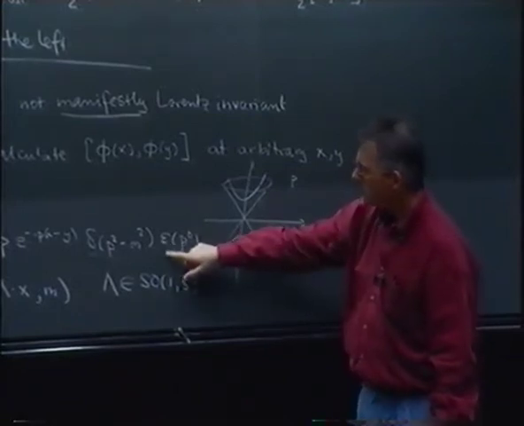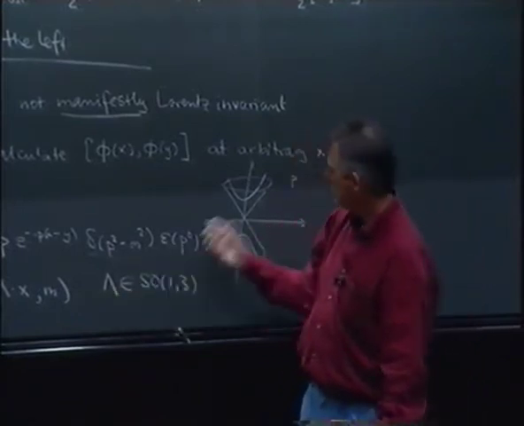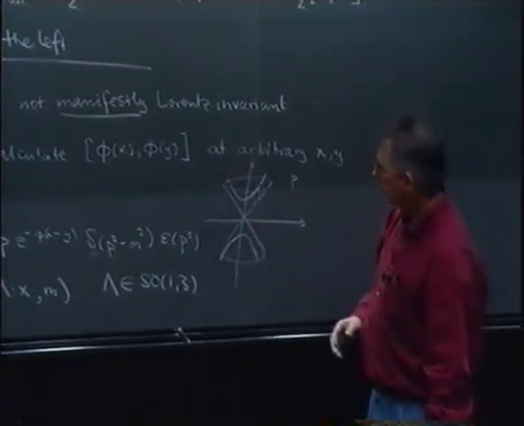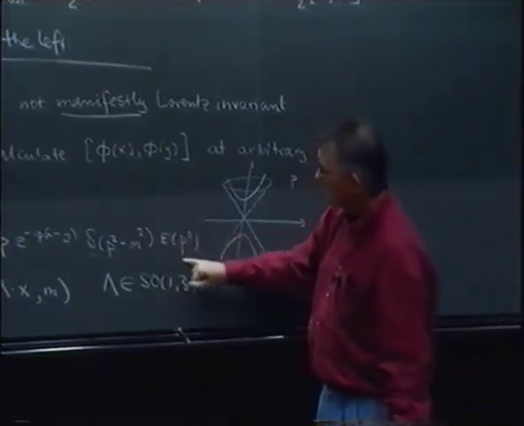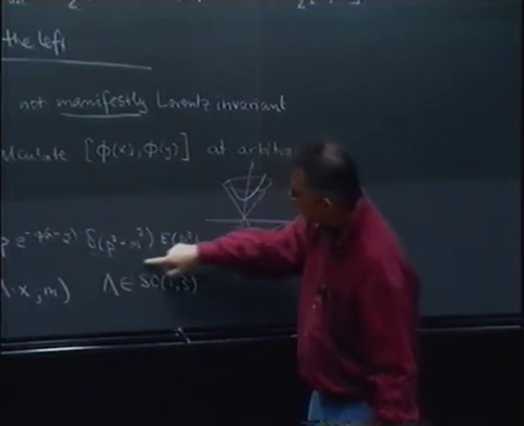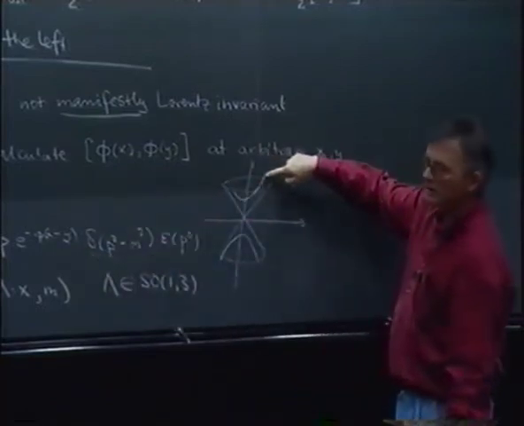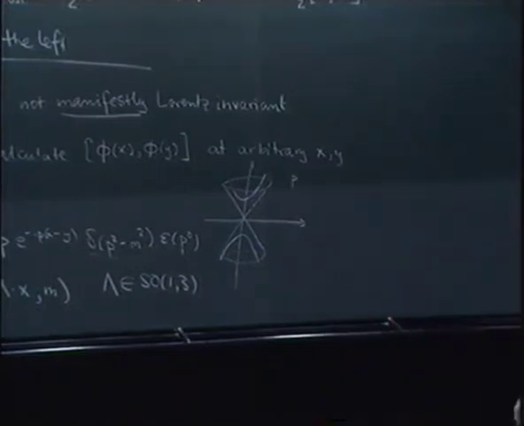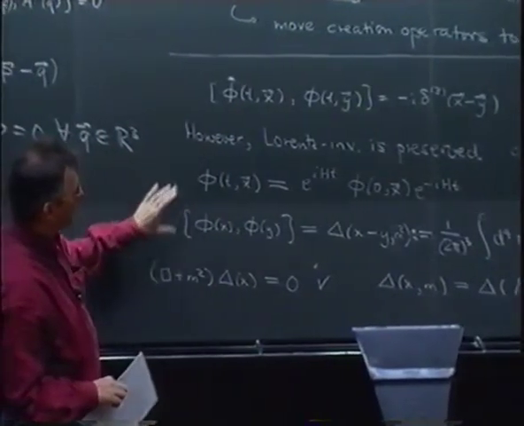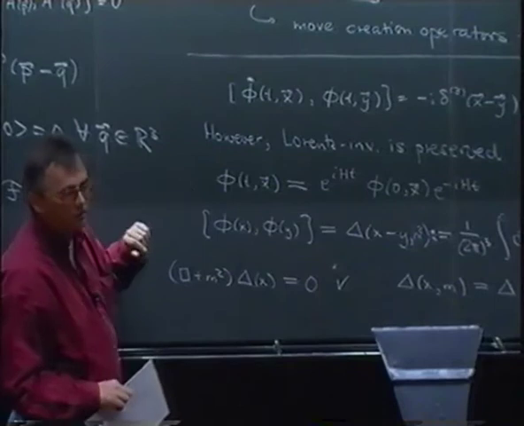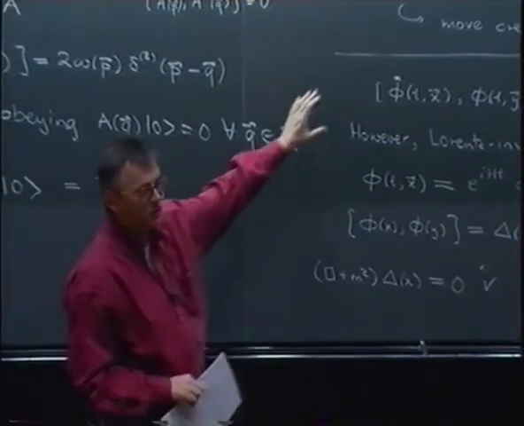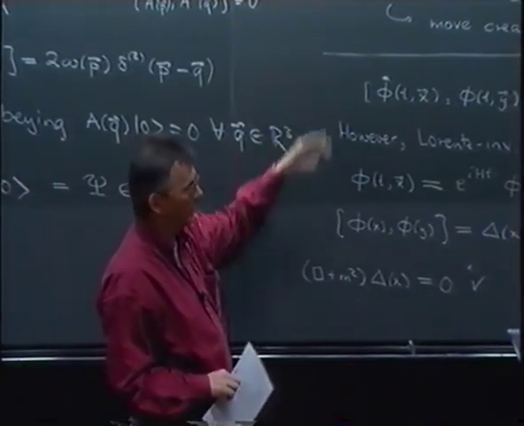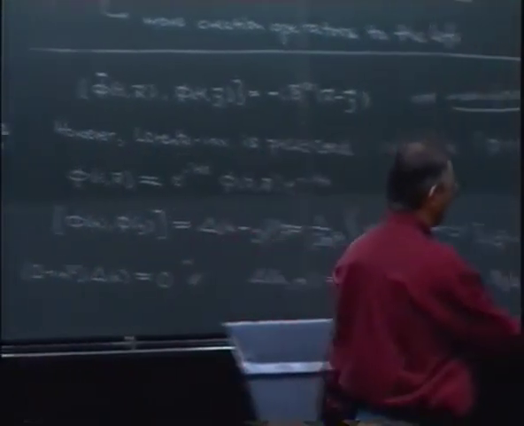So we have to be a little careful here and just restrict attention to such Lorentz transformations that map the forward light cone into the forward light cone, don't reflect it. But then you can see that this function too will be Lorentz invariant, because this factor tells me that everything is concentrated here on this mass shell hyperboloid. So this now establishes that this canonical prescription does not violate Lorentz invariance, even though we start out with something that does not look like it's Lorentz invariant. Moreover, and that requires a little more